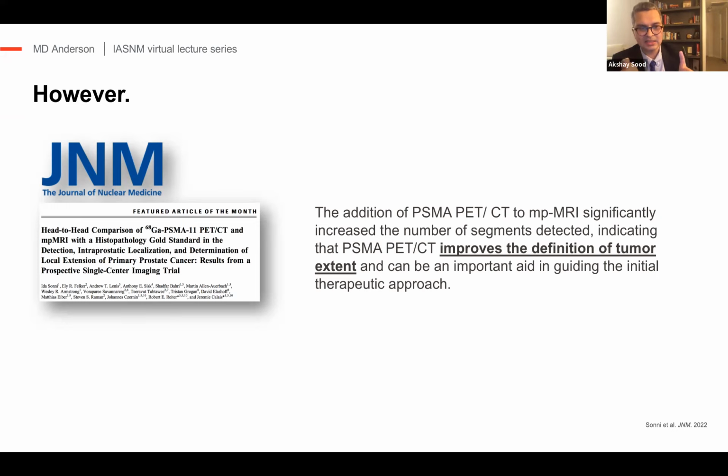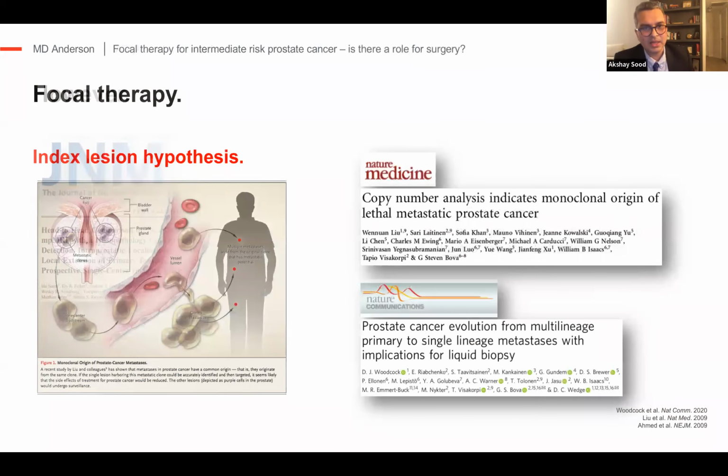as the imaging has evolved over the last decade, so have the treatments that we provide for prostate cancer patients. 10 years ago or 20 years ago, the only real treatment options we had were radical surgery, radical radiotherapy, and active surveillance, which was still upcoming at that time. But now, obviously, active surveillance is a very well-established modality of treatment, but focal therapy has also come as a significant modality which can be offered to the patient, especially patients in which we don't think they have extraprostatic disease. So with that said, I do think PSMA scans may have a role in patients where we are considering focal therapy.